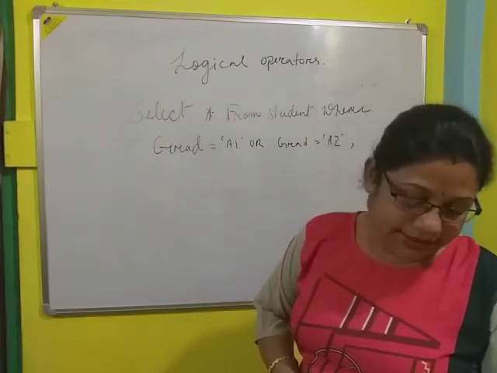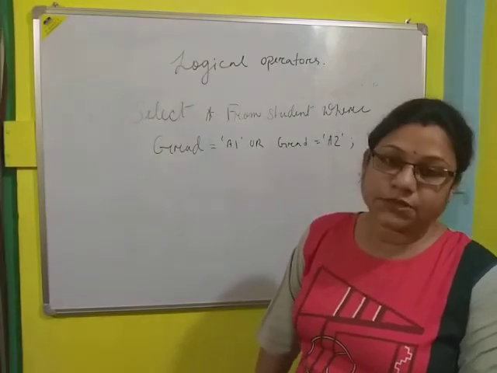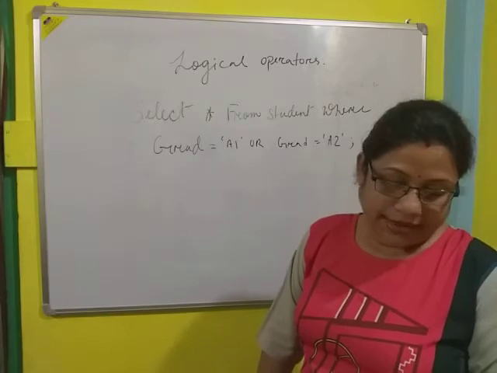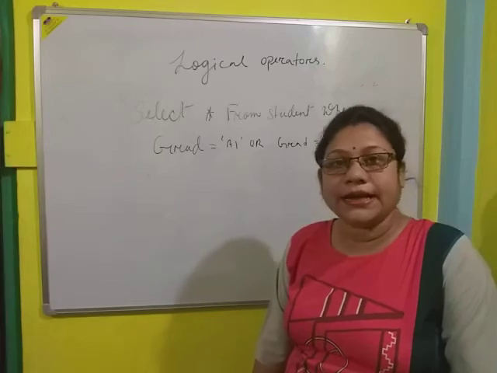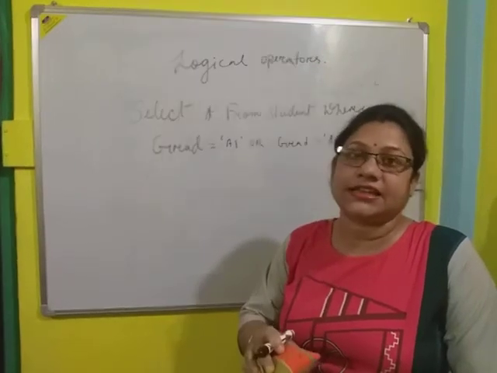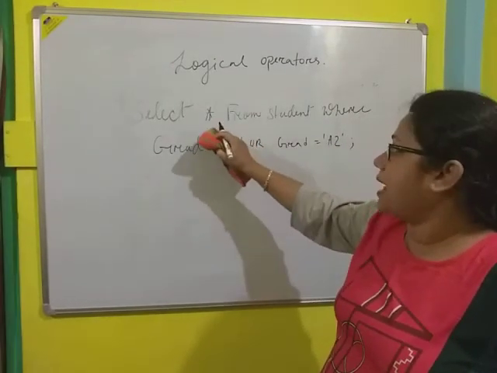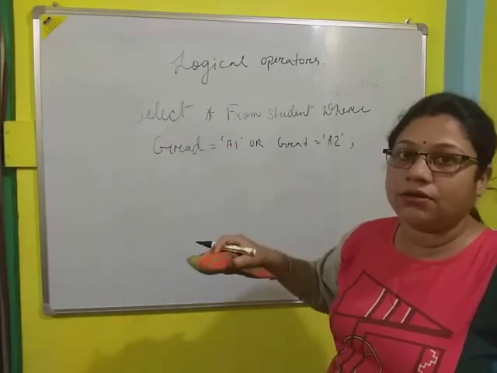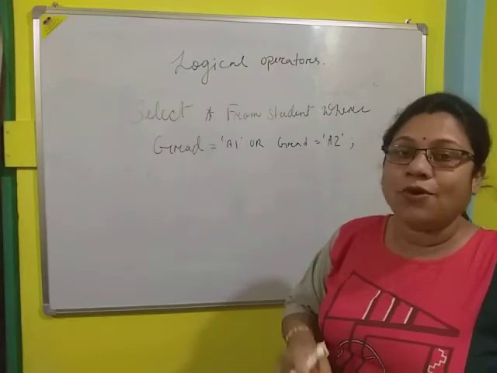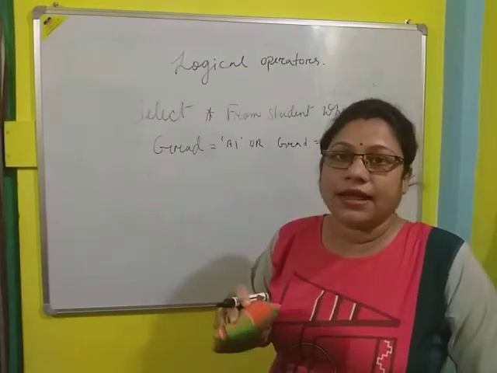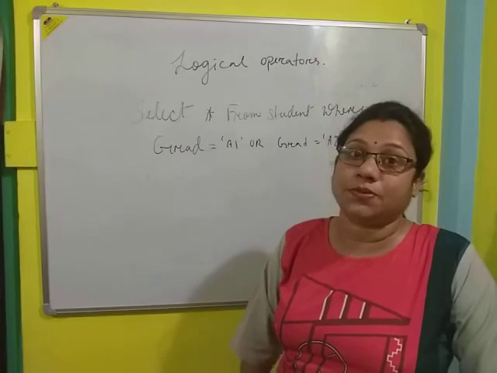Okay. Next, the NOT operator. So the NOT operator displays only those records that do not satisfy the specific condition. That means I am going to put a condition. If that condition is not satisfied, then it will display the result. But in the earlier examples, in the OR and AND operators, if the conditions are true, then the result will be displayed. Now we are going to use the NOT operator. Now the computer checks the condition. If the condition is not satisfied, then it is going to display the result.